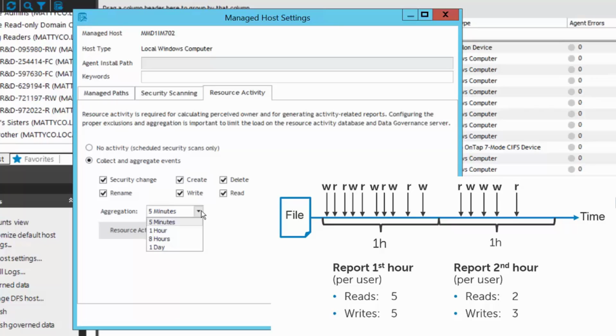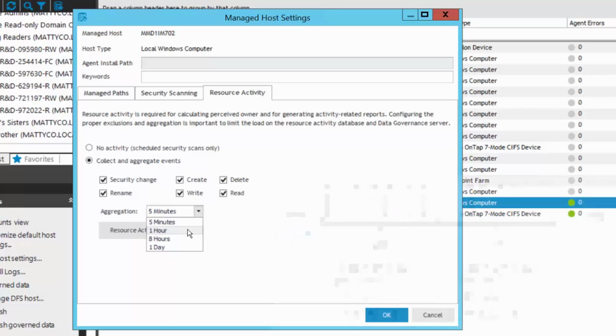These aggregation levels on a per managed host basis are basically saying that, for example, if I have a 1 hour aggregation window, and during that hour I am accessing the same file 10 times, opening it up and reading the contents of that file 10 times, and I've written to the file 5 times, then at the end of that hour, the agent who's been monitoring and collecting these activities is actually going to